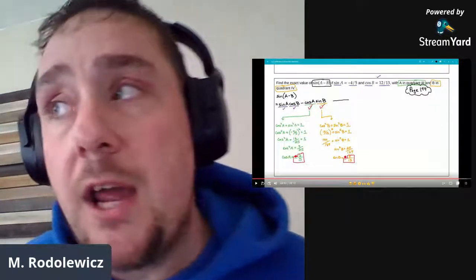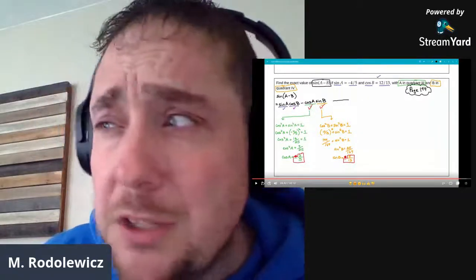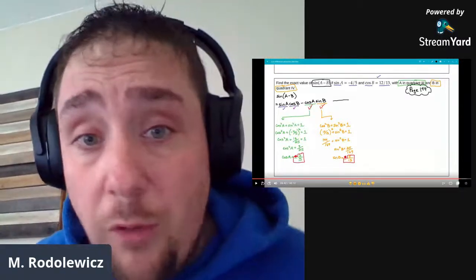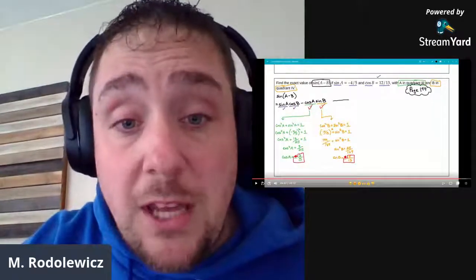I had to find the sine B, which is some type of mustard yellow orange color. But anyways, we found that value. So now it's a matter of just substituting in all 4 values, doing some arithmetic, and we're done. So with no further ado,